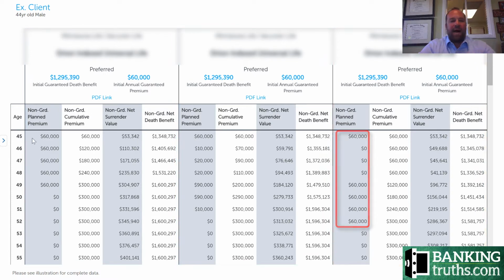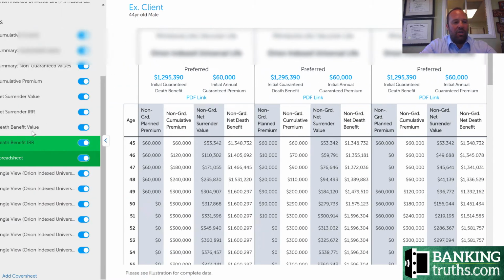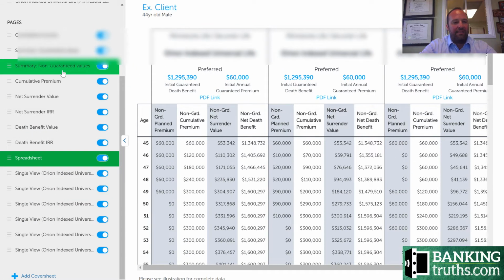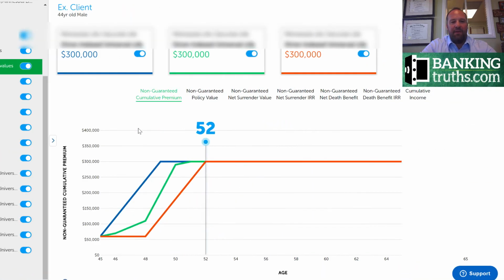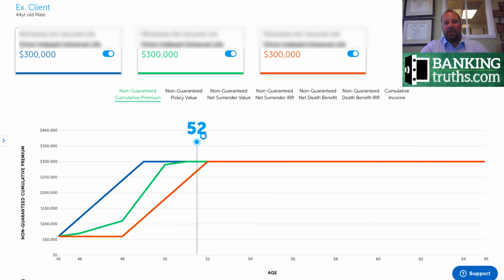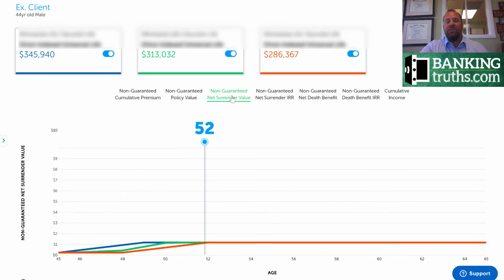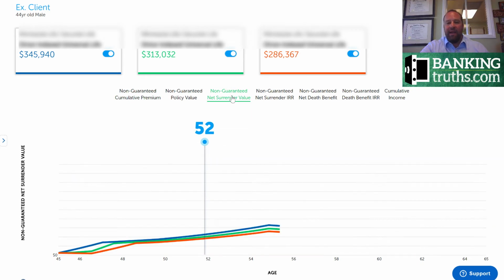So with all that in mind, now that you understand the scenarios, let's go back and visualize how these policies behave over time. So we've been looking at the net cumulative premium, and again, this is a visual representation of what you just saw. The green one is light funding, the blue is optimal, and the orange, you can see that there's just no additional funding and then they catch it back up, but they all eventually get to the same place.